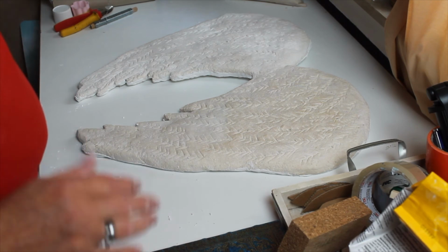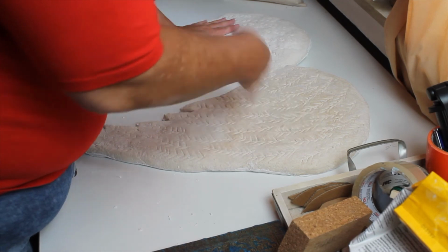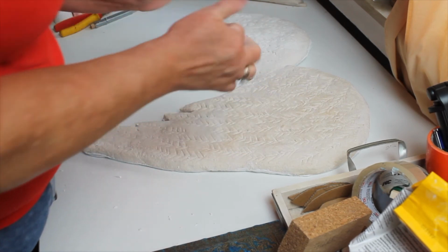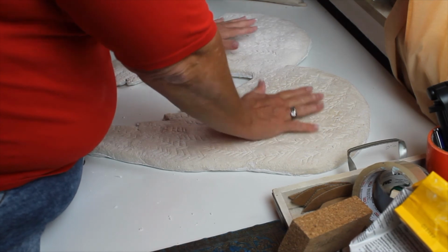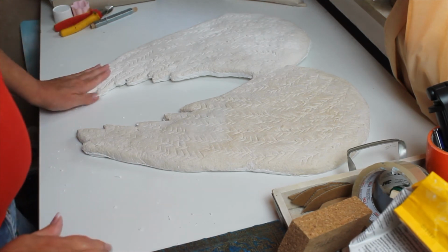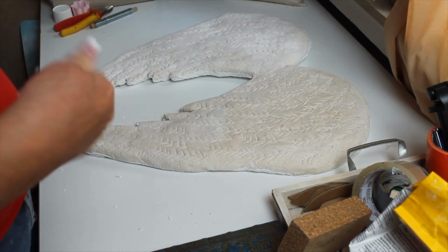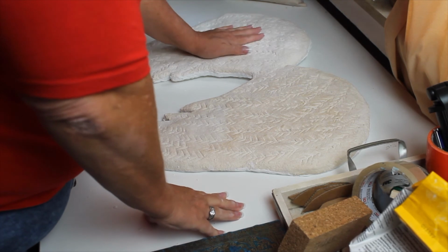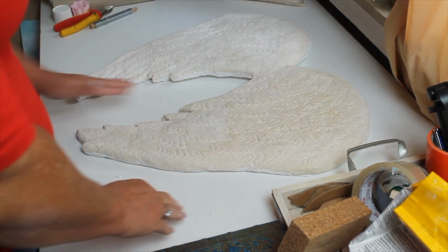And then once it's totally dried, because when you touch it, you can feel it. It's weird to say, but when you feel the clay and it feels cold and clammy, you know that somehow there is moisture inside and it's not completely dried. You can tell when it's totally dry when you feel it and it doesn't feel cold. That's the only way I can explain it. So I'm going to let this dry, and I'm going to end up putting the 3D effect